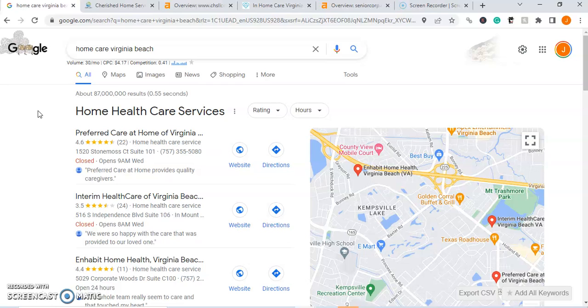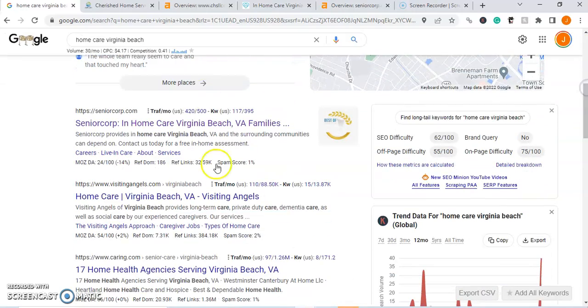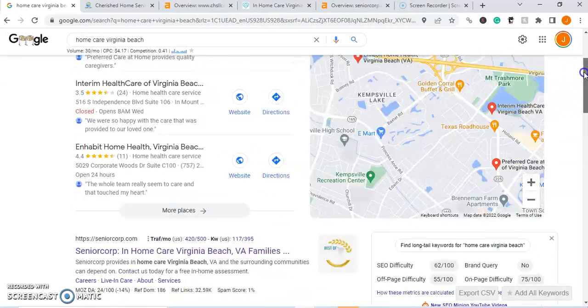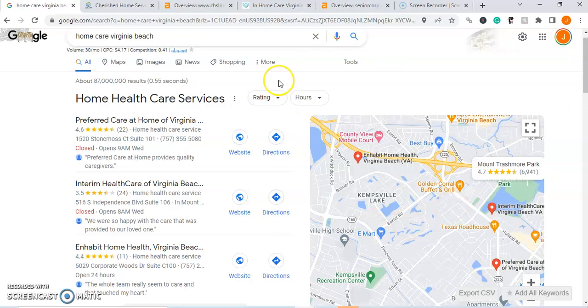If you're like me, chances are you go on Google, type in whatever service or industry you're looking for in the upper search bar, along with your city name. And after doing that, you're going to scroll down and pick from the first few results down below, or you'll pick from the first few results up in the Google Map pack. Now, it doesn't really matter which one you choose from,